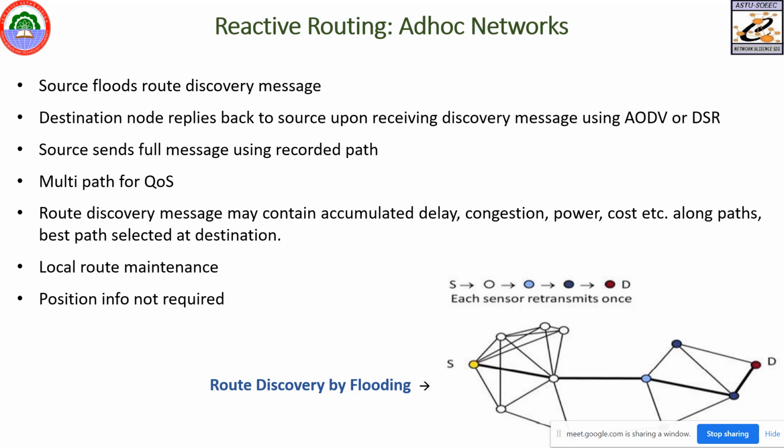That means when any request comes, at that time it will start searching for the path, it will start searching for the intermediate nodes, or it will start searching for how that particular route is going to be maintained. So in this case, the position is not required. The location of the destination is not required. It doesn't know anything. Simply, it will broadcast the request to find out how many intermediate nodes are required to